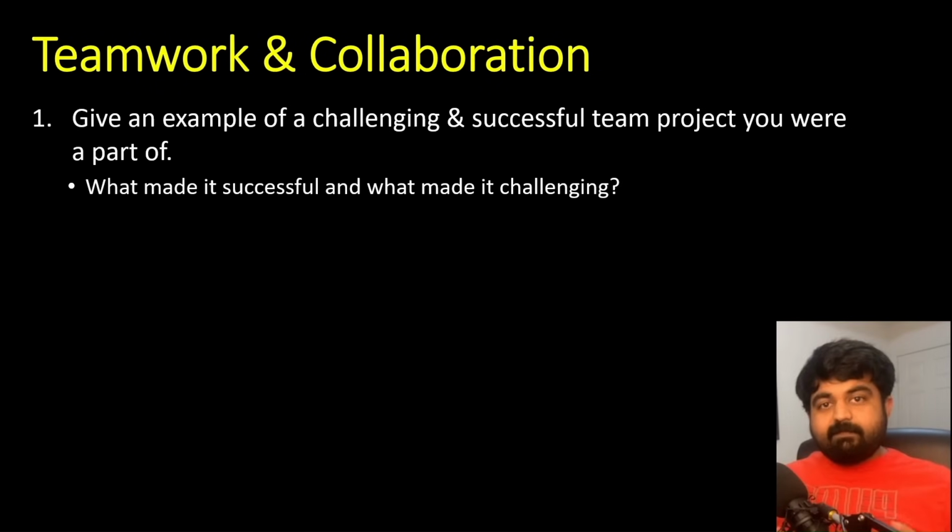So there can be many different challenges for any particular project. Maybe there is a challenge related to the tech stack. Maybe there is a challenge related to the number of resources. Maybe you don't have sufficient technology, or you don't have a sufficient amount of money to spend on the project, and you have to make choices accordingly. There are a lot of different challenging situations, but on top of that, you will also have to explain how it was a successful project.